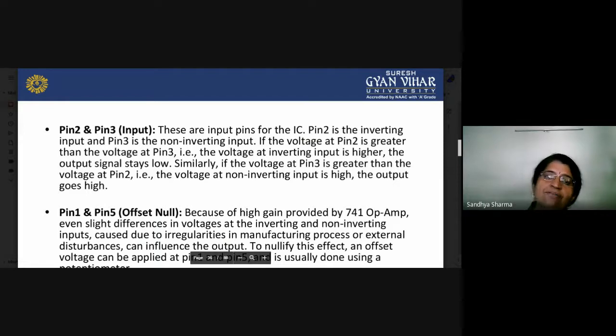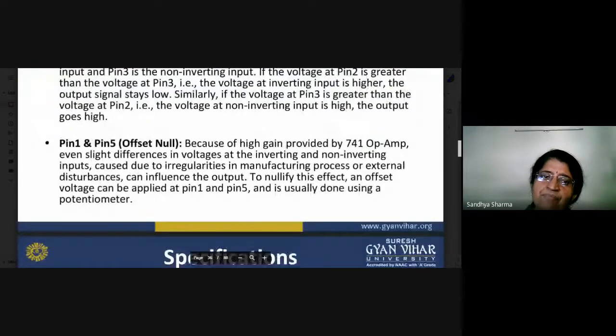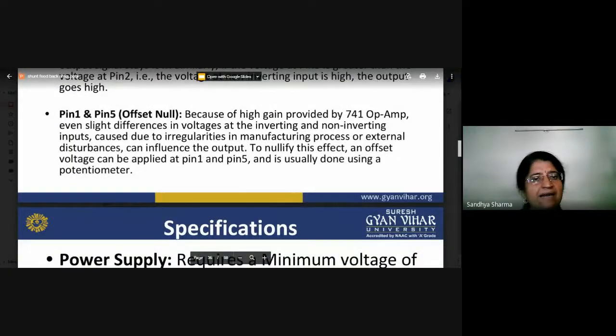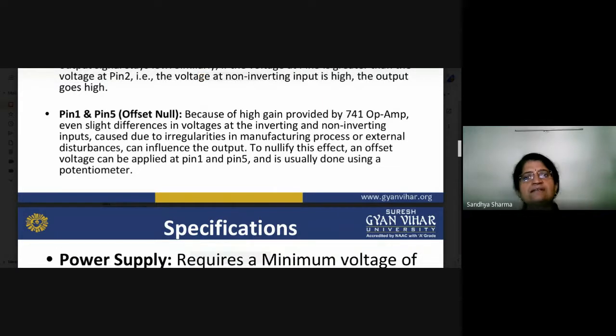And if you give any supply to pin number 3, that is the non-inverting input, you get the in-phase output voltage at the output. So this is the basic property of our pin number 2 and 3. What about pin number 1 and 5? Because that is basically